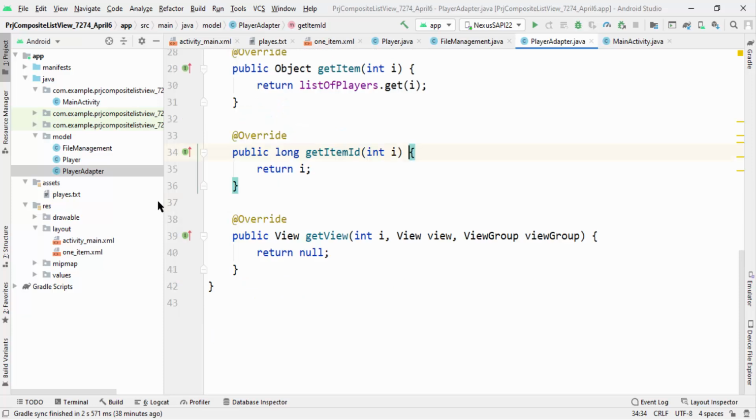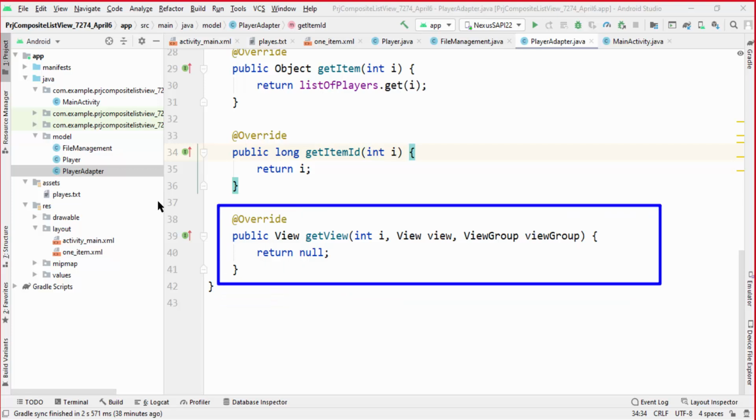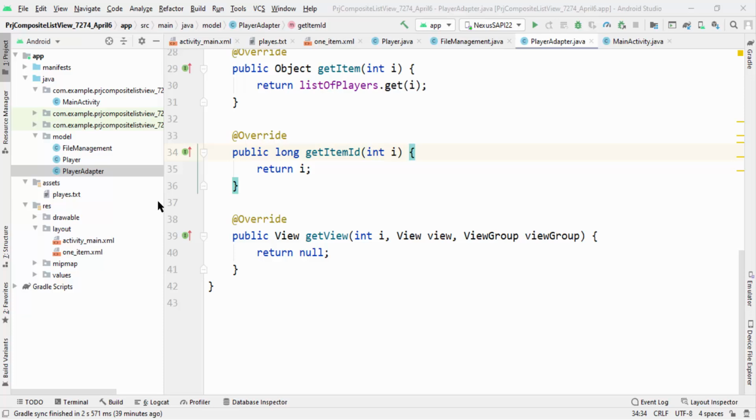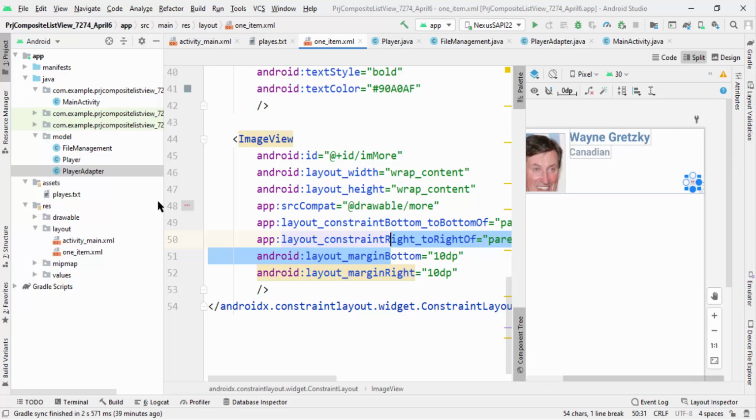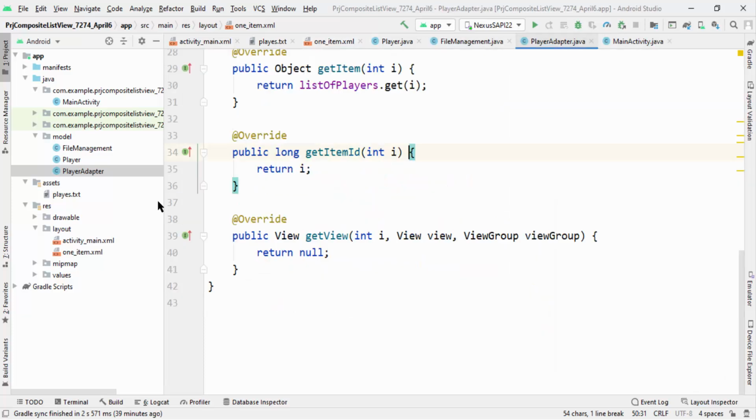The last method, which is getView, and the most important method, this is the getView. GetView means which view you're gonna see in the list view. Which view you're gonna visualize in the list view. Normally, you can say to me that we're gonna see this. For each element, we're gonna see a picture with the photo, with the text view, and on the right side with image more. Okay, so let's write here